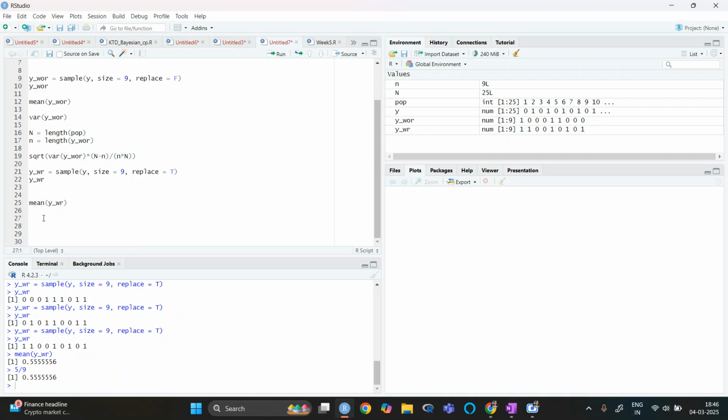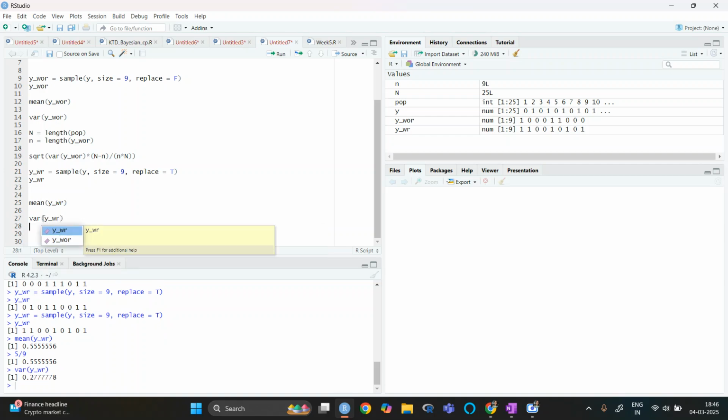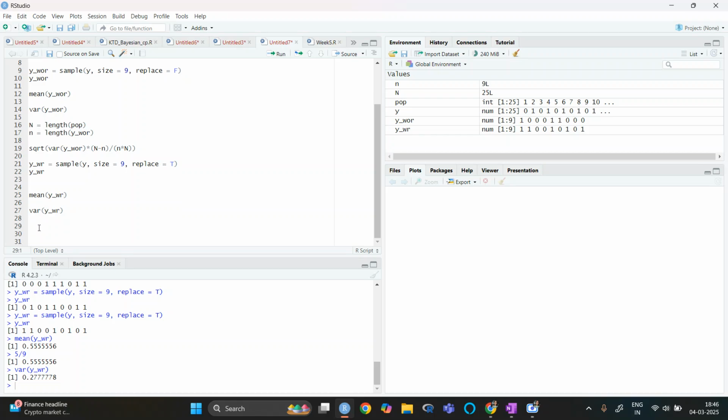Variance, if we calculate the variance of YWR, the variance is 0.277, approximately 0.2778. Okay. The next thing is that we will take